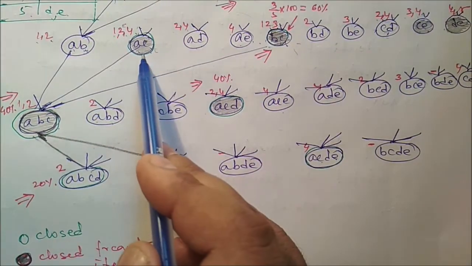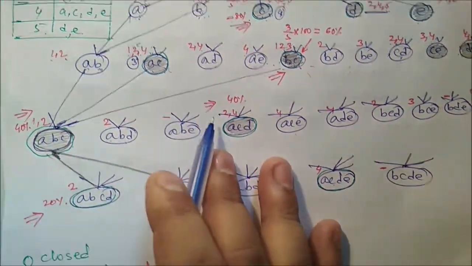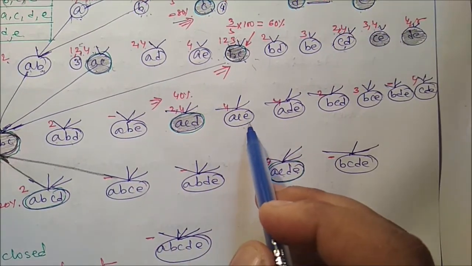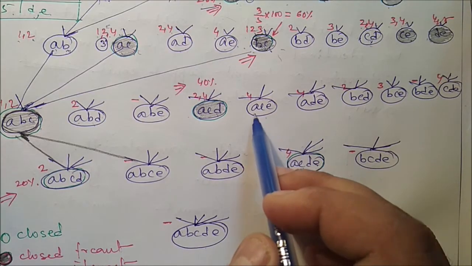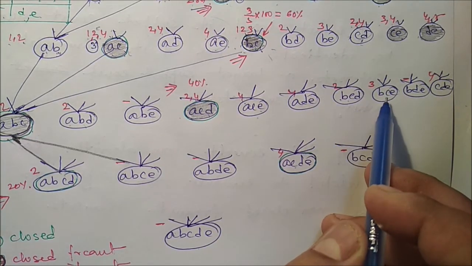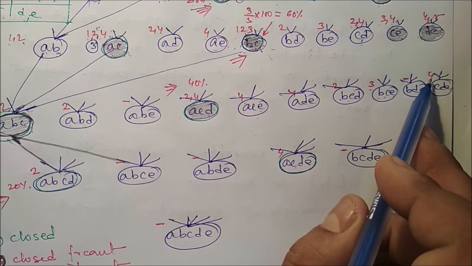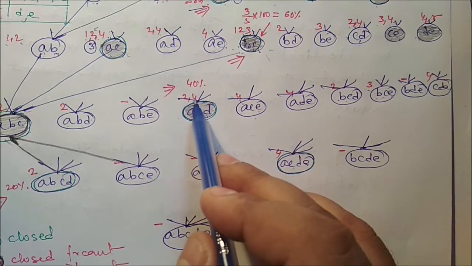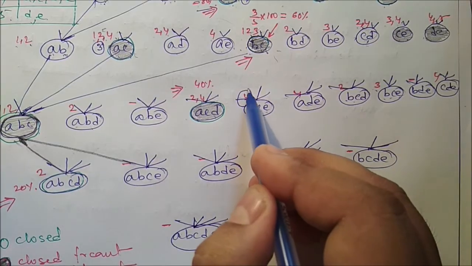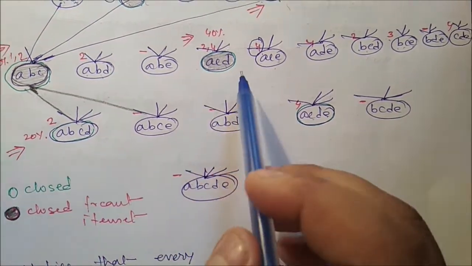Similarly, we can say AC is a closed item set because its support count is 3. But ABC it is 2. ACD it is 2. ACE, what is the frequency? 1. In the fourth transaction. BCE it is 3, a single transaction. CDE 4, that means a single transaction. So this is the transaction ID. This is not the support count, because AC is only in the fourth transaction. It is not the support count. Please remember.